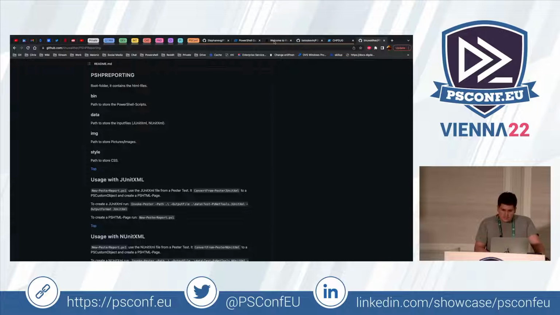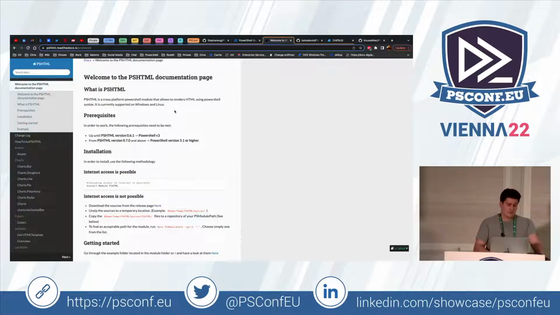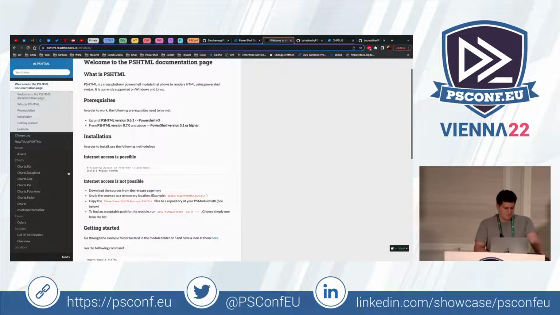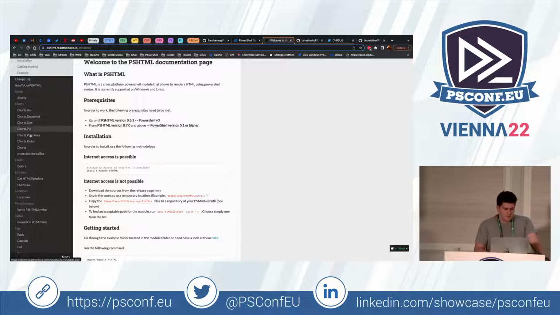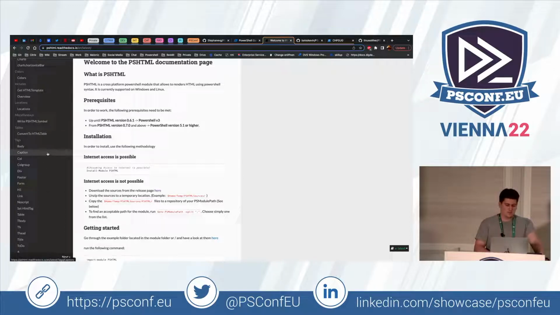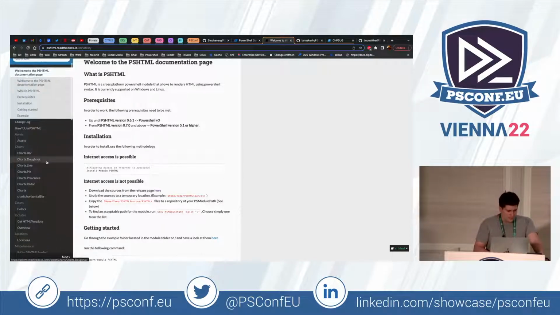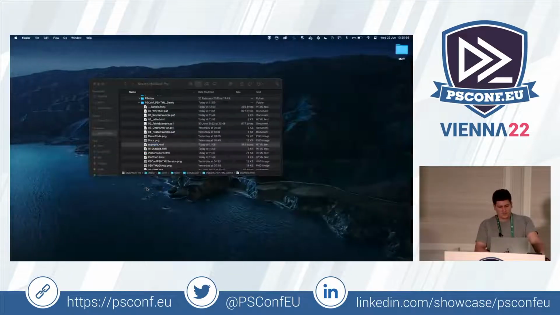Also I quickly want to shine a light on the documentation, which is very well done, in my opinion. You have a lot of introductory stuff on the left side here. You have different components that you can use within PSHTML that are basically done for you to make it easier to use. And then, of course, down here, all the tags are documented as well. And I want to shine a light on 2 parts, which are the tables and the charts features. And